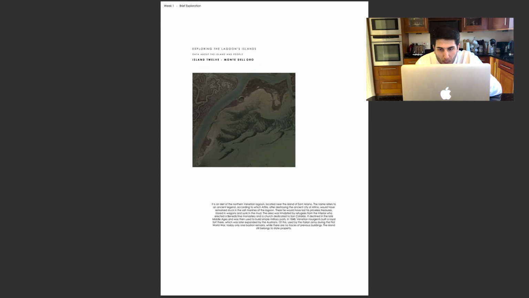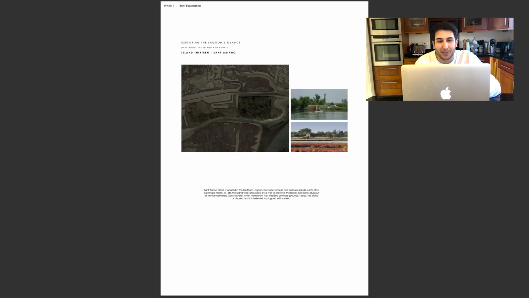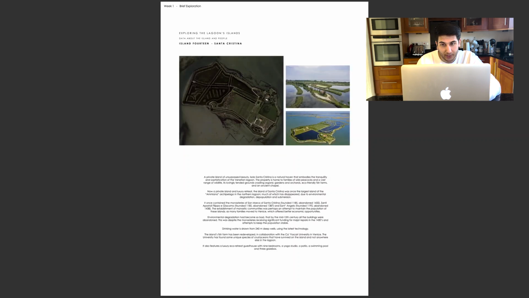I think these were more salt marshy, mud flat type lands that have been built up or covered or eroded away over time. San Ariano, Santa Cristina. Huge deserted islands, and there was the implementation of the Mose system that they brought in to deal with the levels of flooding and sea level rise. These are temporary things that are maybe not going to be useful in the next couple of decades, but after that, what are the next options that we have? What kind of systems and strategies to deal with these climate impacts?